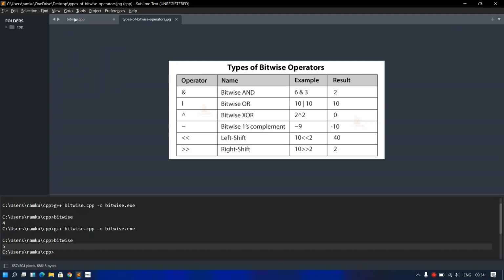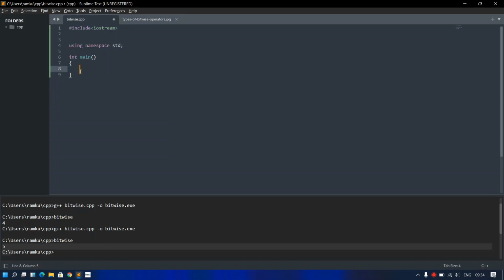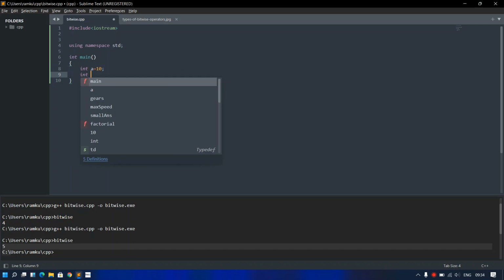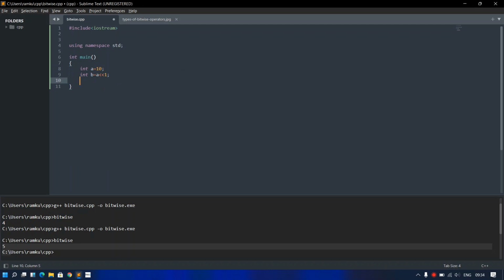And the left shift operator. Let's talk about the left shift operator. Say I want to make a program of multiplication. Let's see some use cases of the left shift operator. int a equals 10 and b equals a left shift 1, then cout b.